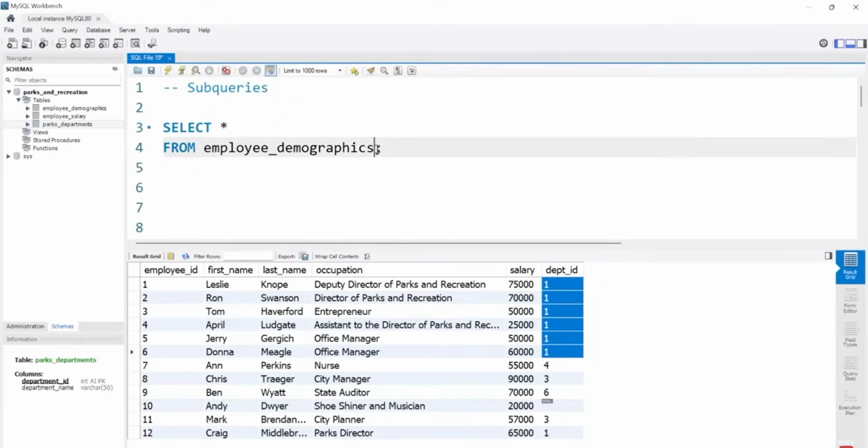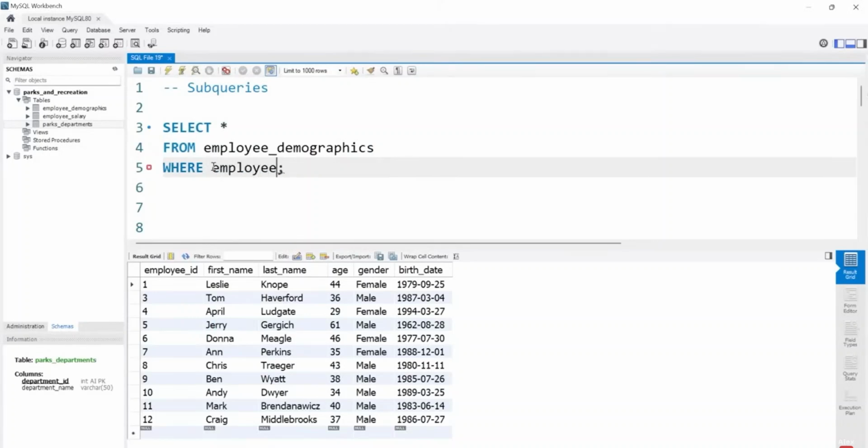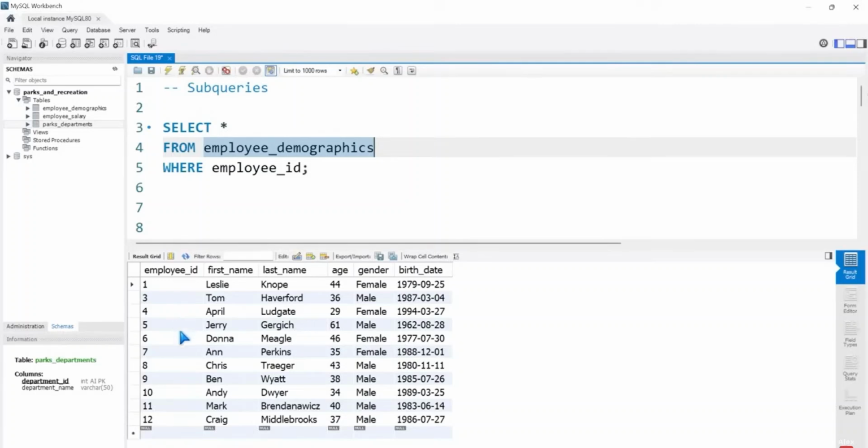So what we're going to do is say select everything from employee demographics where, and now we want to pull, because this is the salary table, employee IDs where the department ID is equal to 1. But remember, we're querying off of this table. So let's actually pull this up. This is what we're working with. So we want to say where the employee_ID, that's referencing this column in the demographics table, is in,